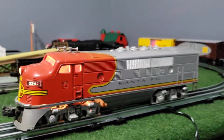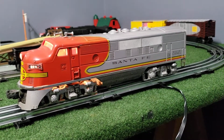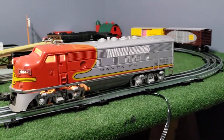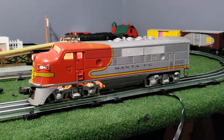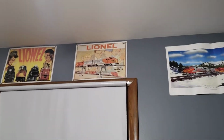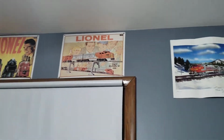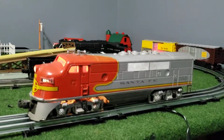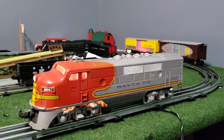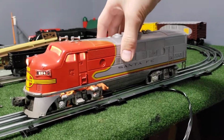This is a much earlier F3 chassis. I got this as you see here, pretty much. Obviously, I've cleaned it up a bit. It would normally look more like a 2383, but basically the same thing there with the black trucks. But anyways, a friend found this pretty cheap at one of their local stores, and I also wanted to get it. Of course, they bought it for me, and I paid for it. They sent it out to me, and one of the reasons, of course, it was cheap, rather oddly, was